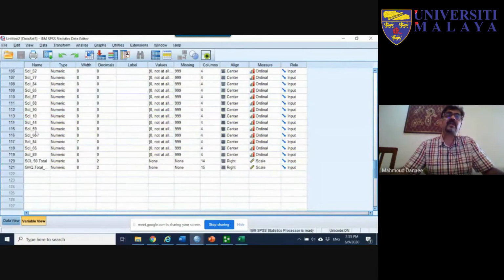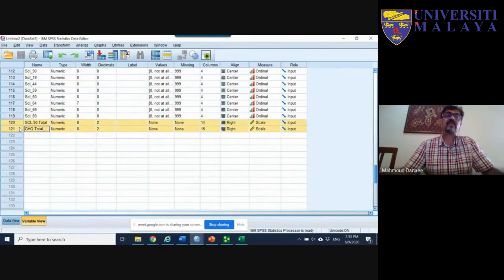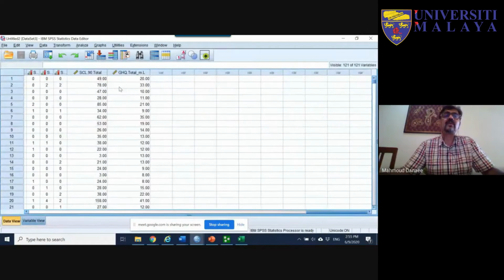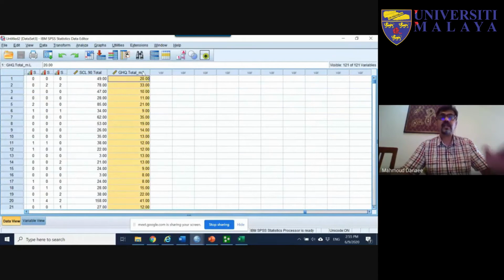These two instruments are two types of measures of mental health. So the GHQ, this is a real study. The GHQ total, actually, the GHQ was already developed, validated, and cross-culturally validated in Malaysia. These students try to